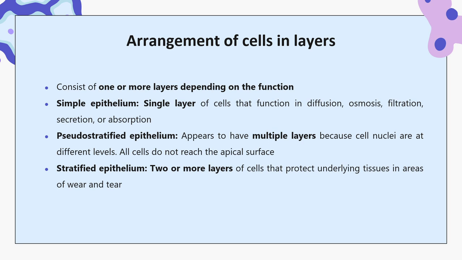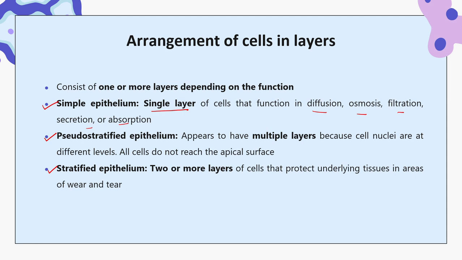Next, according to the arrangement of cells in layers, epithelial tissue is classified as simple epithelium, pseudostratified epithelium and stratified epithelium. Simple epithelium means a single layer of cells is present on the basement membrane, and their function is diffusion, osmosis, filtration, secretion and absorption. Now this simple epithelium has a single layer of cells,